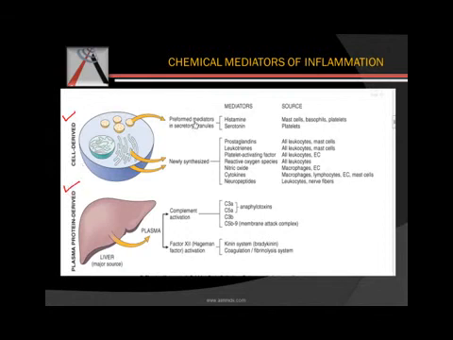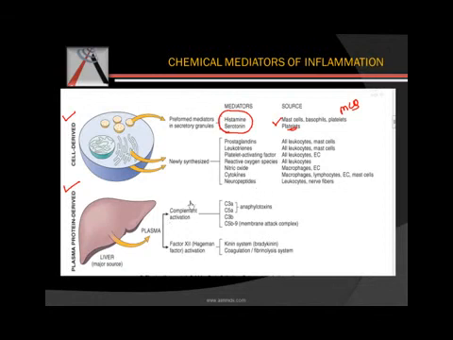In that we have the preformed mediators that consist of histamine and serotonin. This is a very commonly asked MCQ. Histamine is secreted by mast cells, basophils and platelets. This is an MCQ. While serotonin is secreted by platelets. Then we have the newly synthesized mediators, in that we have the prostaglandins, leukotrienes, PAF, reactive oxygen species, nitric oxide, cytokines,